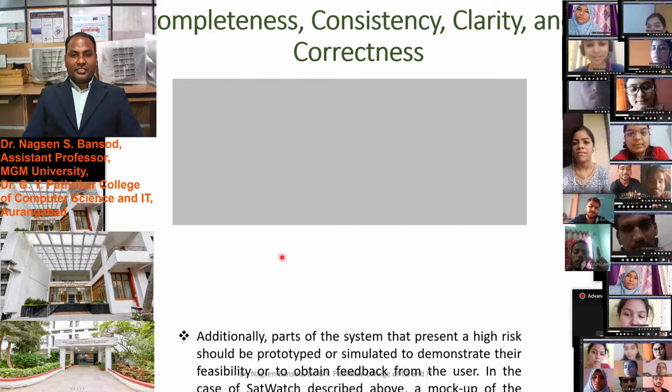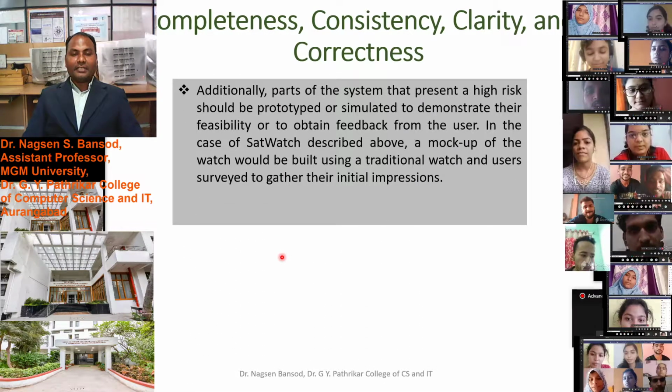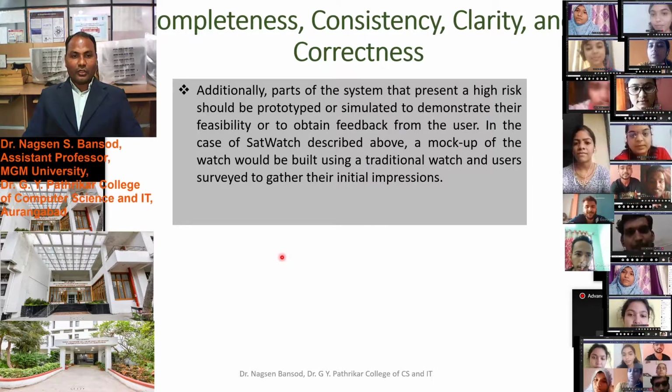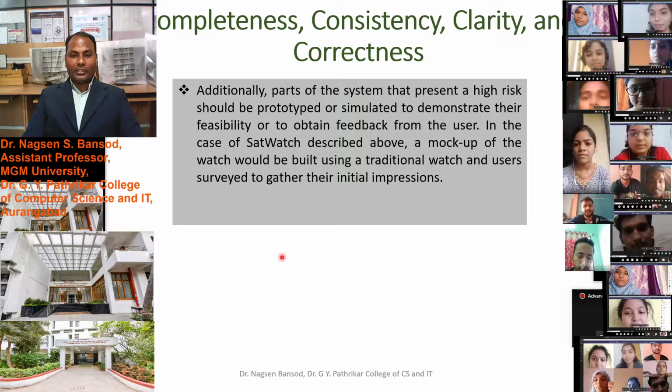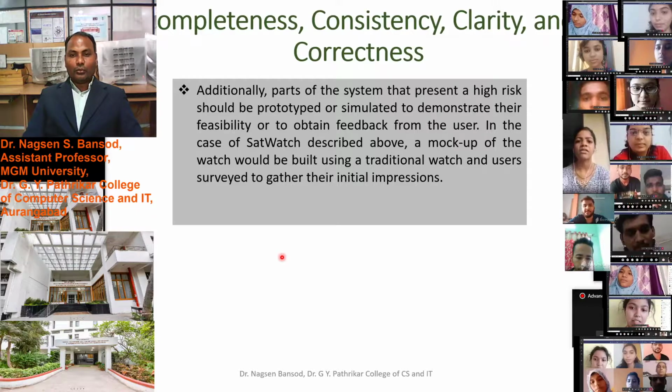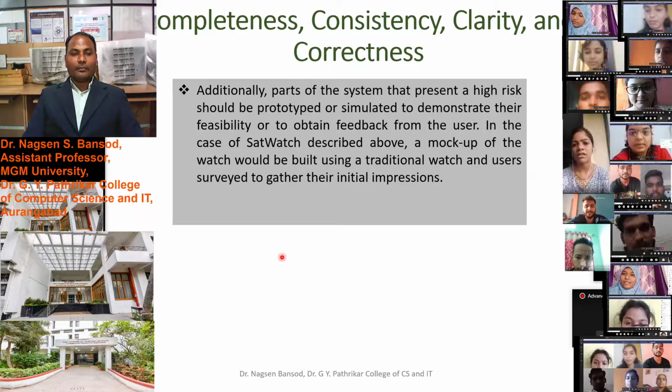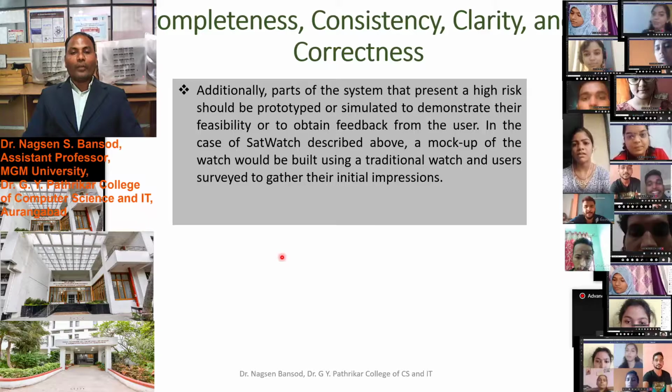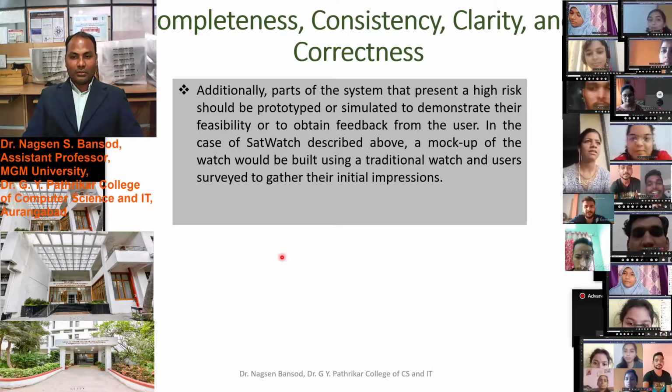Completeness, consistency and clarity. The additional part of the system that presents a high risk should be prototyped or simulated to demonstrate its feasibility or obtain feedback from the user.